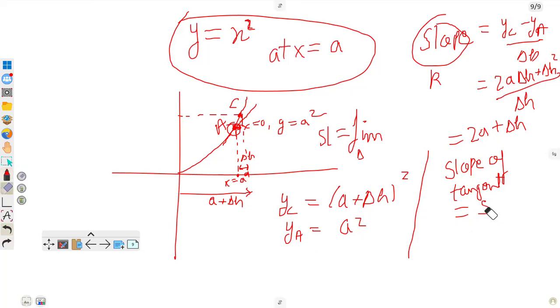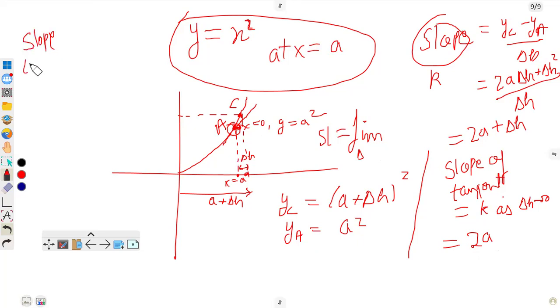This is equal to k as delta h tends to 0. And this means our slope of tangent would be equal to k because of the limiting process we're following, right? Yeah. And so I can say that slope